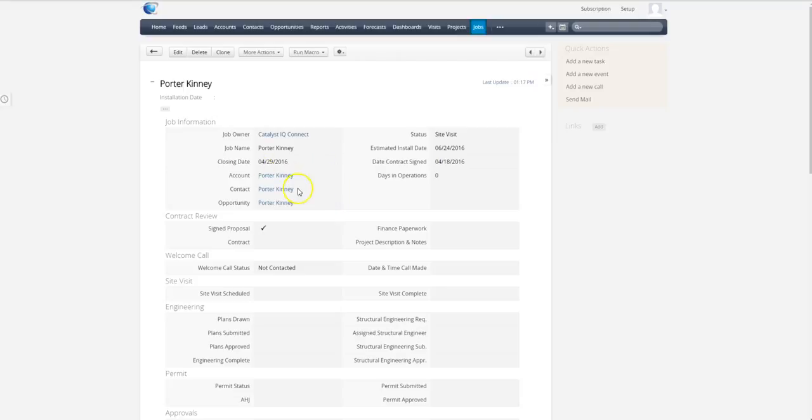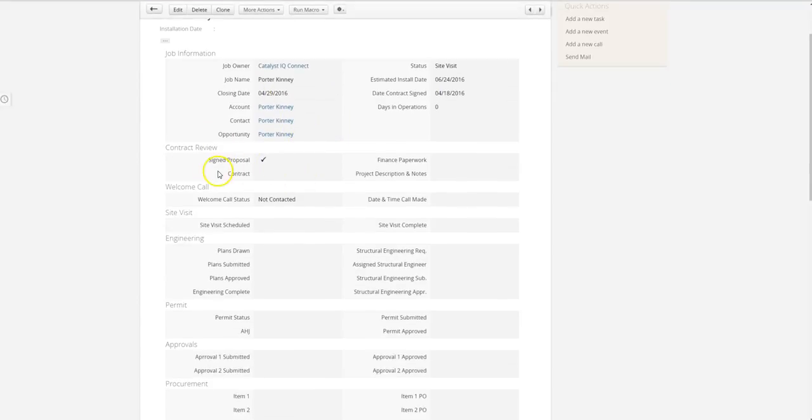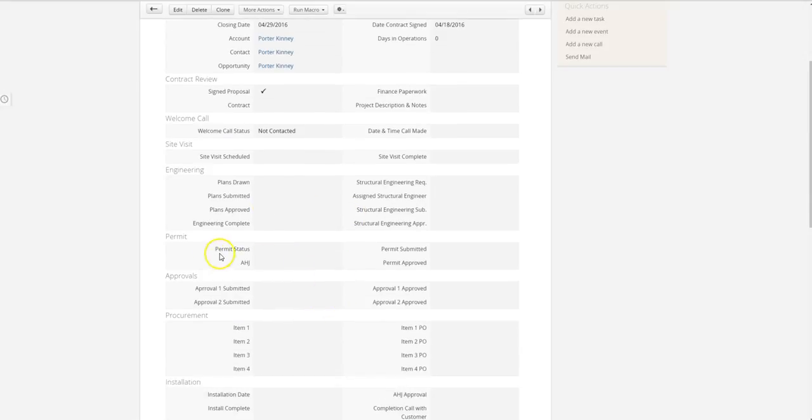But in general, what we have is a few key milestones, like our contract review, where you can choose to sign off on the proposal, the contract, financing paperwork, etc. We generally have a welcome call, so we can mark that that's been complete when it was made, the site visit when it was scheduled and completed, all relevant engineering milestones like when plans were drawn, submitted, approved, etc. for both electrical and structural. We have our permitting and AHJ's approval, any other approvals that you want to put in here like HOA information,